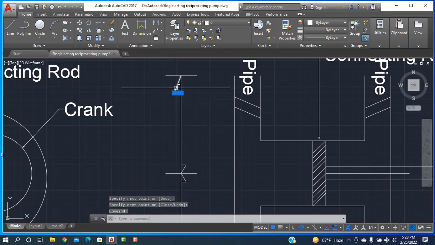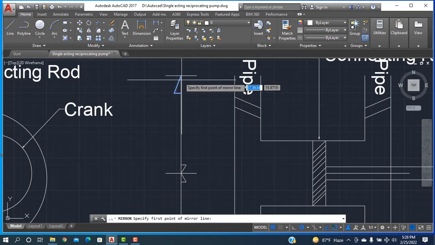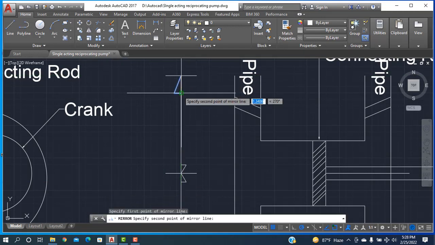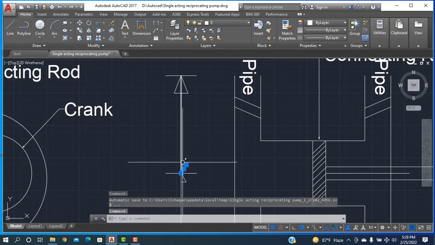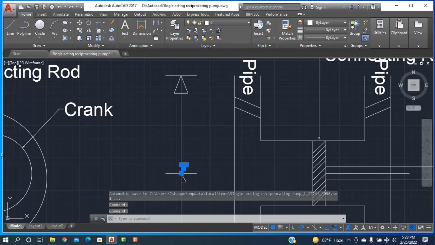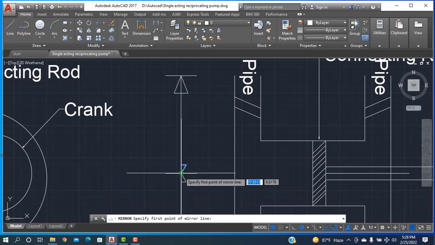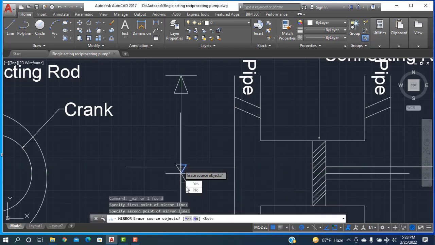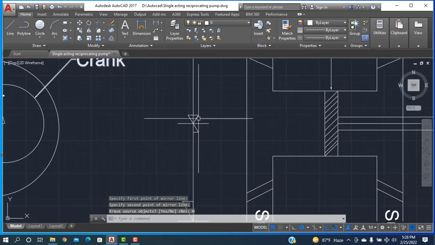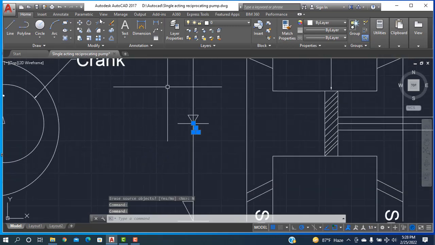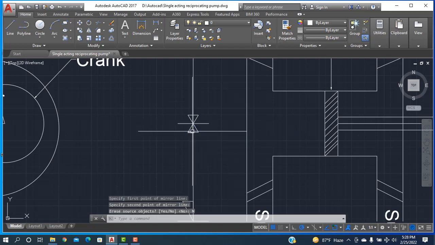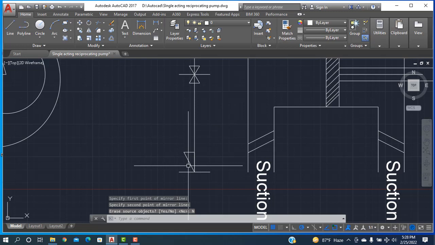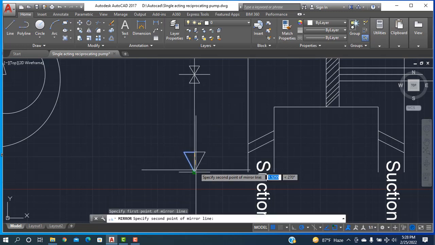Then selecting this one, mirror, and click is here, another click is here. Again selecting this line and this line, I'm going to the mirror, one click is here, another click is here. Now similarly selecting this one, mirror, selecting this line and this line. Now after that selecting this one and this one, the mirror, one click,